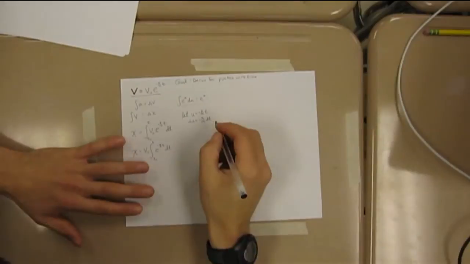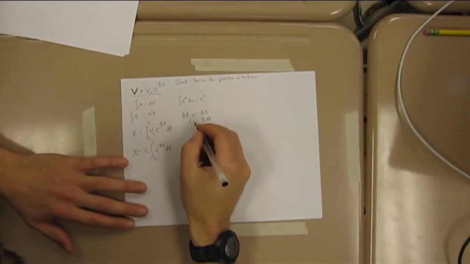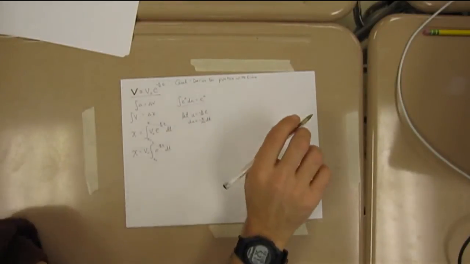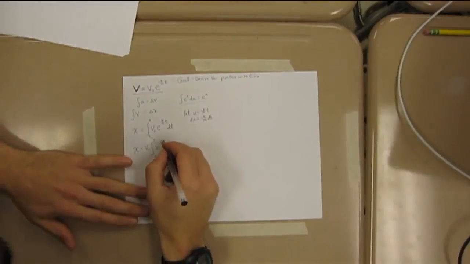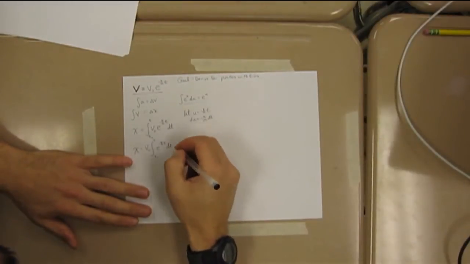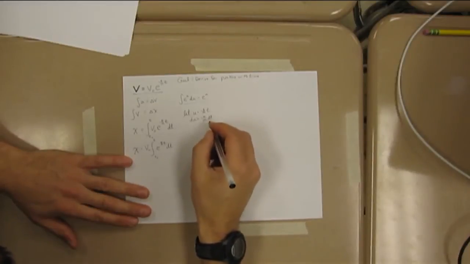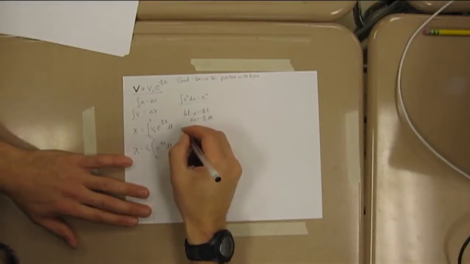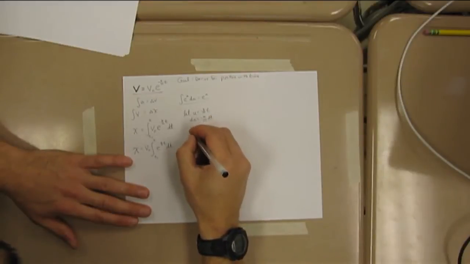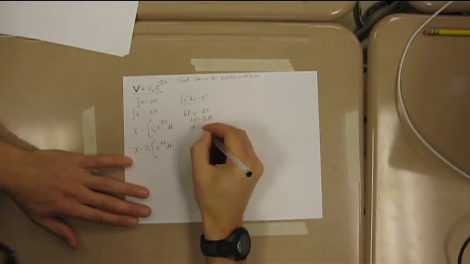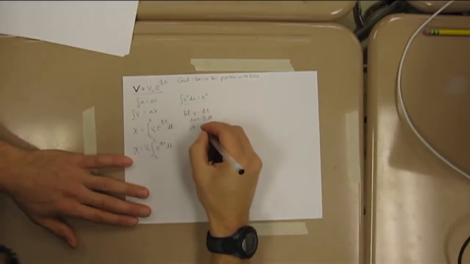Okay, now we have a du, so let's get this du in there. Now, how are we going to get that du in there? Right now, this is acting like u. Well, we can sub in for dt. So let's get dt by itself. I'm going to bring the m over here and the k on the other side. So dt is equal to, the m will be up top, m over k